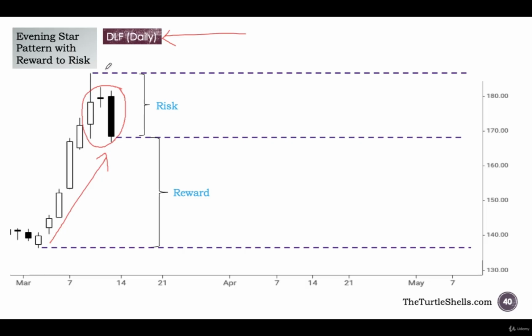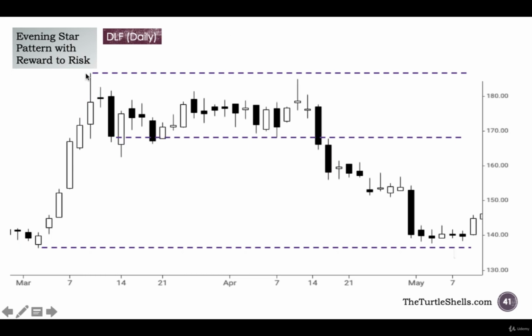So that's our entry. That's our stop loss just above the high of the 3 candles, which is the high of the evening star. So that would be our risk. That would be our reward, assuming this is a nice support area. So I think it's a 2:1 reward to risk trade. The only thing is it's a high risk, low probability, aggressive trade because it is not confirming any prior